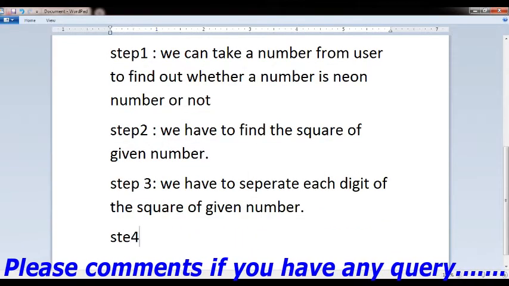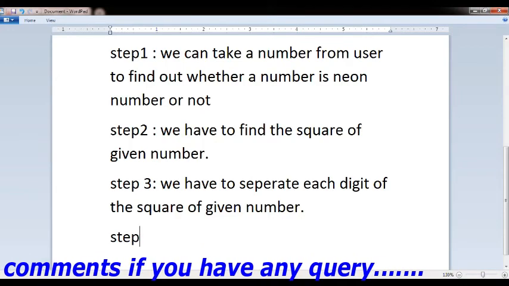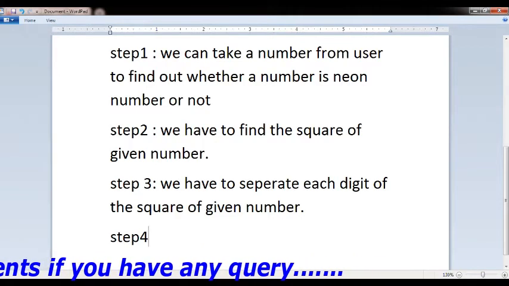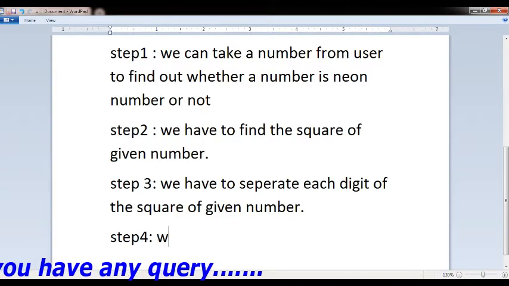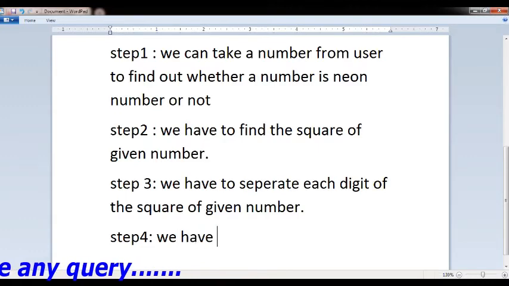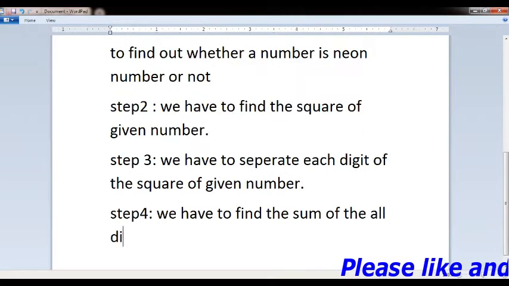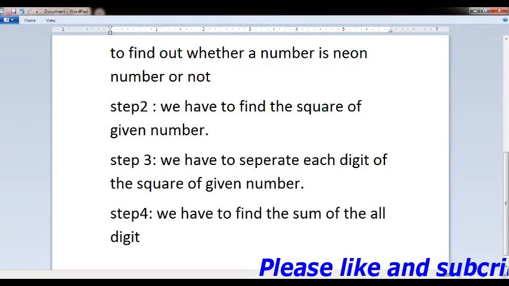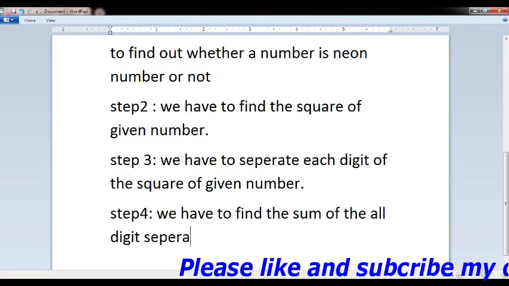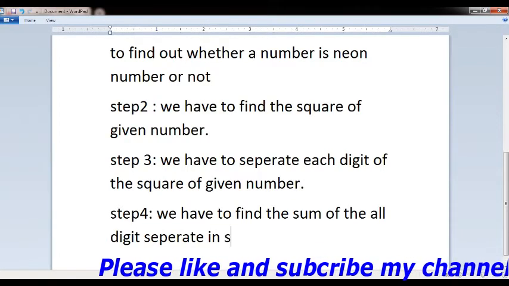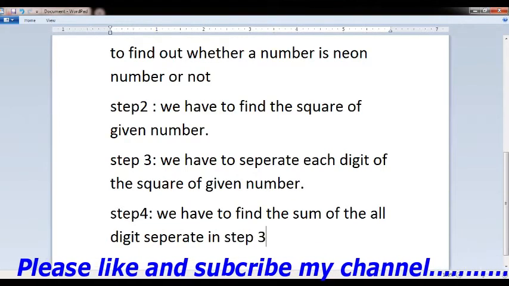Then step 4, we have to find the sum of all the digits separated in step 3.